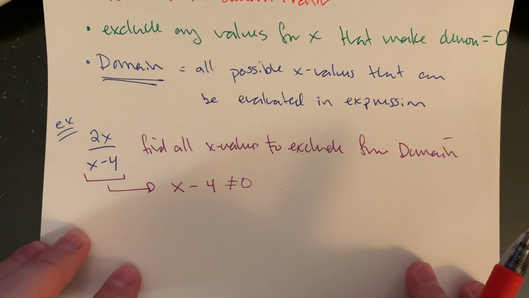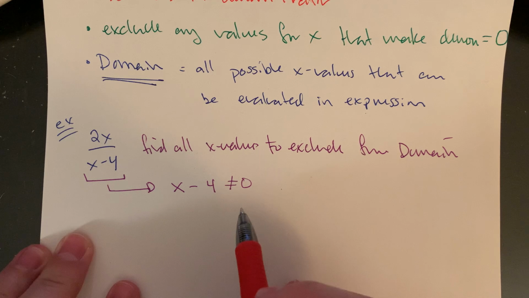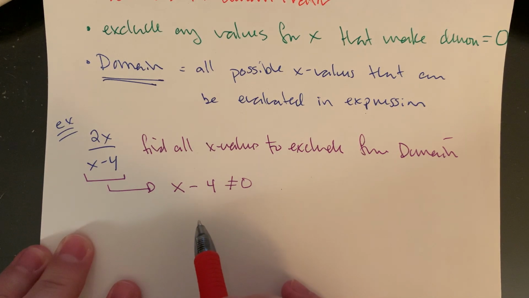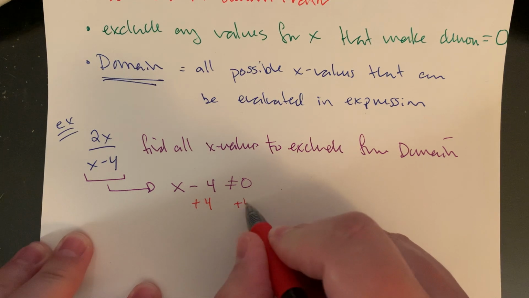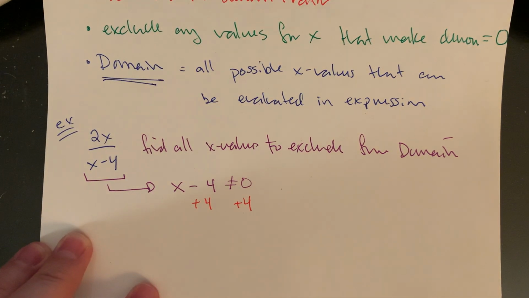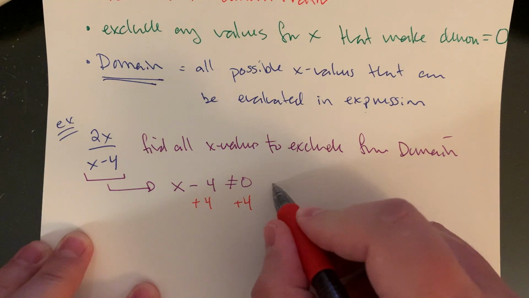So if what I have here is x minus 4 is not equal to 0, how am I going to figure out what the x is not equal to? This is the part where you're probably yelling at your screen: just add 4 already, the answer is 4. And I'll say, okay, right? So if you add the 4 to both sides, this would get us